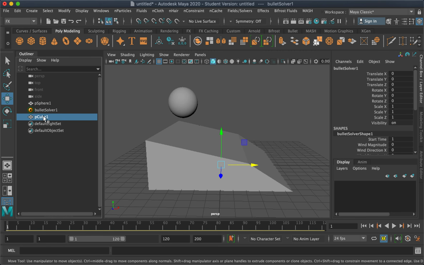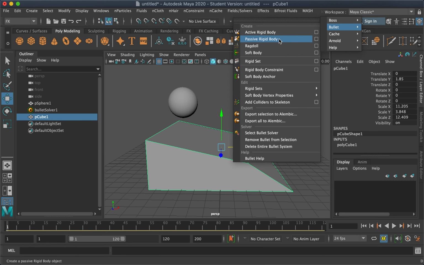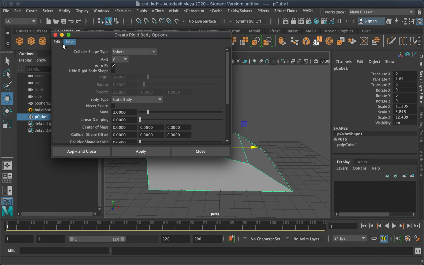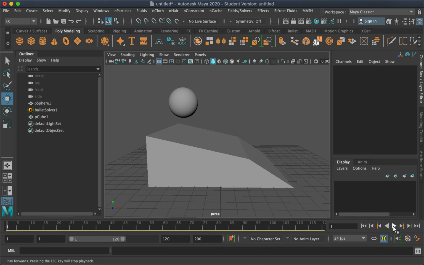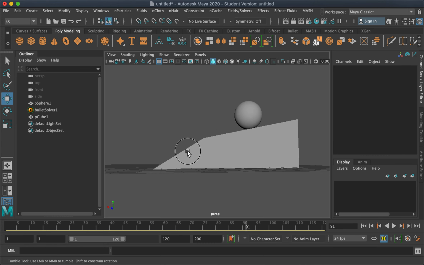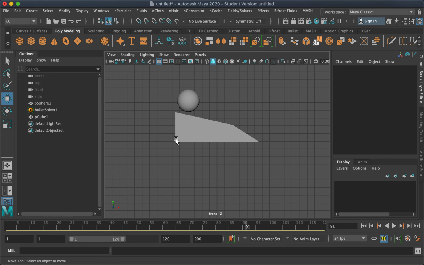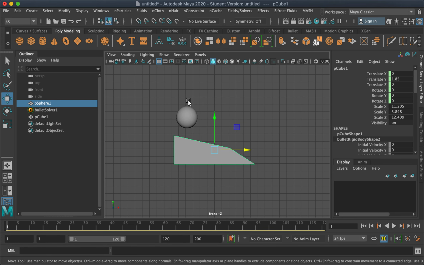So what we can do is convert this into a passive rigid body. Just reset the settings, then apply. Okay, so it collides, but if you look at the simulation, it's not actually colliding.